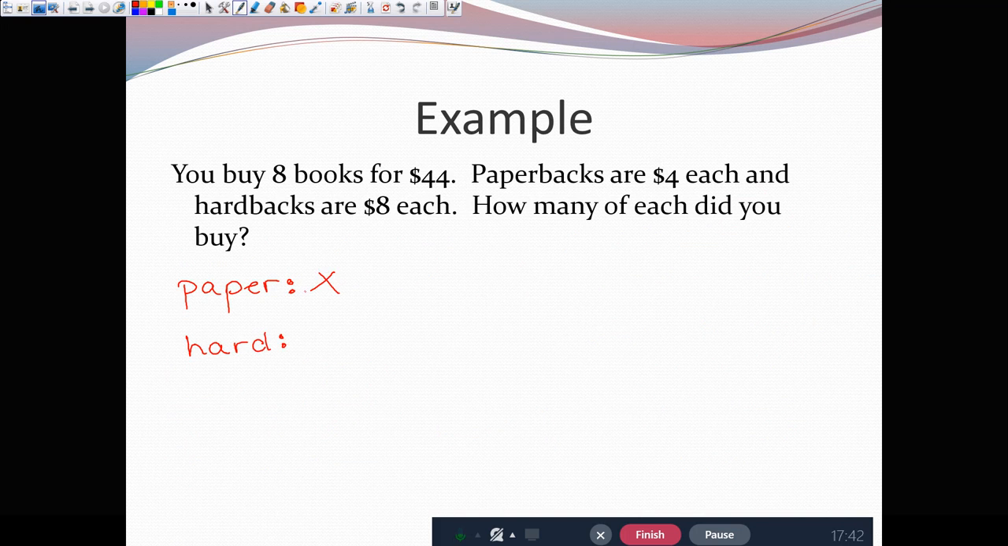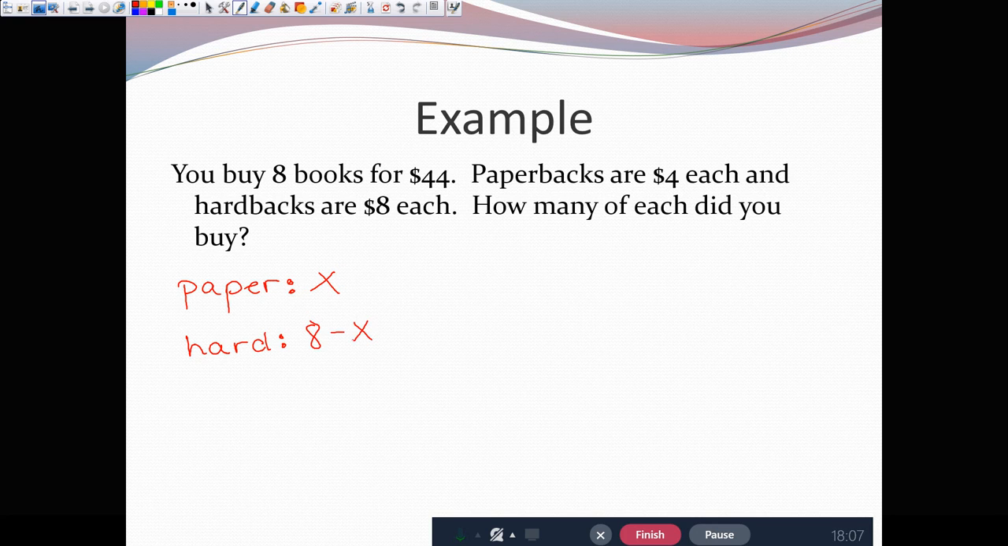Then my hardback books, remember how before we took our total and we subtracted by the variable? So what would I do here? I have a total of 8 books. So I'm going to do 8 minus x, because that will tell me how many hardback books, because I have a total of 8 books. If paper is represented by x, and I were to subtract x from 8, that would tell me how many